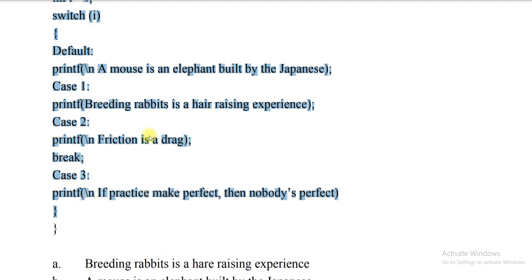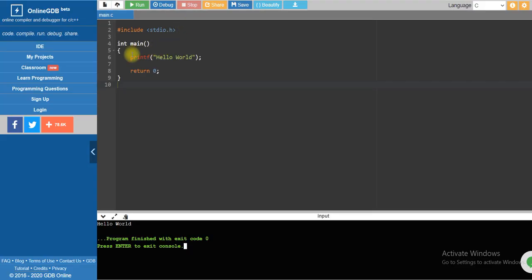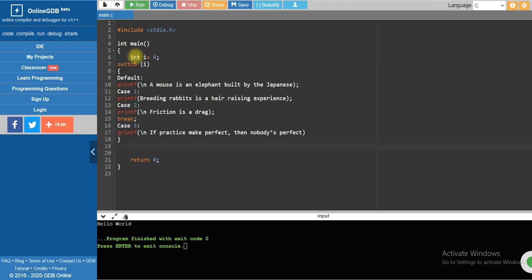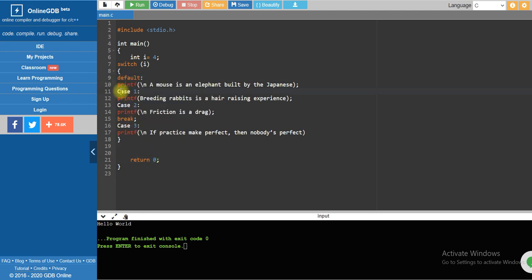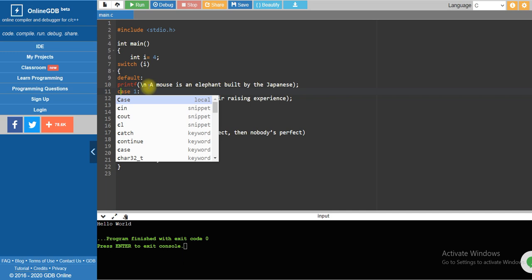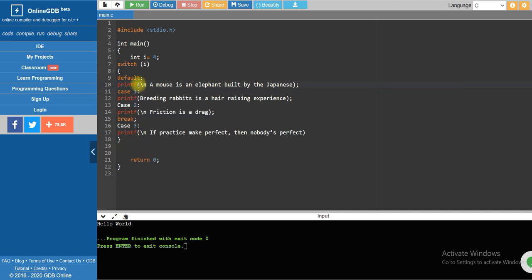Okay, so I am copying this and going to an online DB compiler. I go for copy and paste. This is pseudocode, right? So I have to convert it into C language.